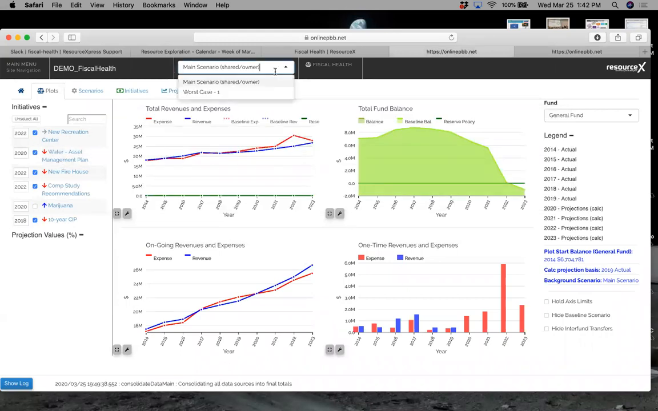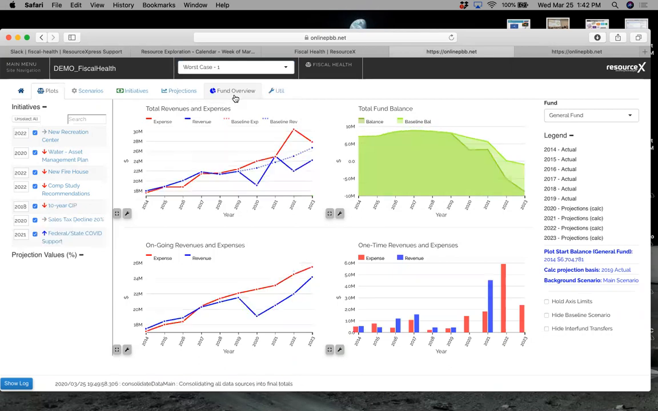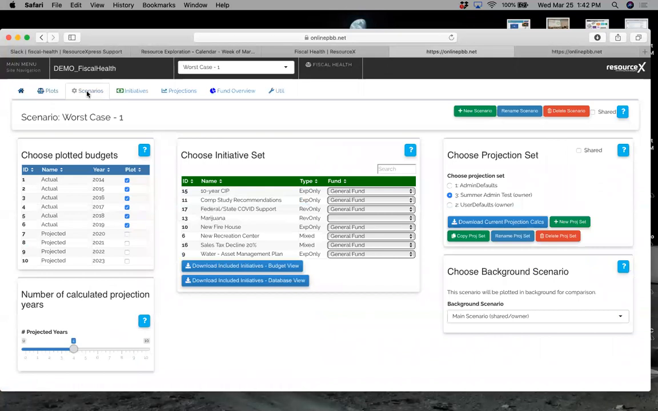And then we had a different scenario, which is worst case scenario 1. And in the background of this scenario, it was kind of nice to be able to see here's where we were, our baseline scenario that we had planned, and now here's where we are, and these are the new decisions that we need to start to make. So being able to have that comparison, how we did that, you'll see there's a scenarios tab, and in the scenarios tab,